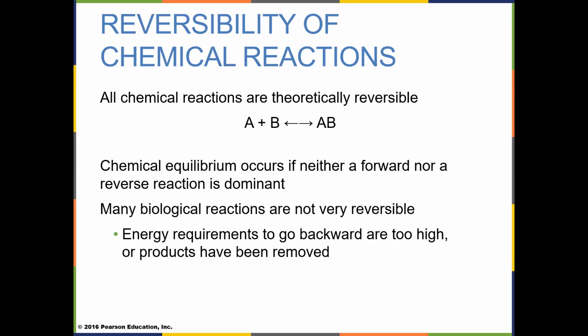We remove them. If we take glucose and burn it in our bodies in the presence of oxygen, we create carbon dioxide and water. And theoretically, carbon dioxide and water with energy could form glucose again. That's how plants do it. But A, we have such small quantities, and B, we've already used up the energy, and we've already released the carbon dioxide and water.